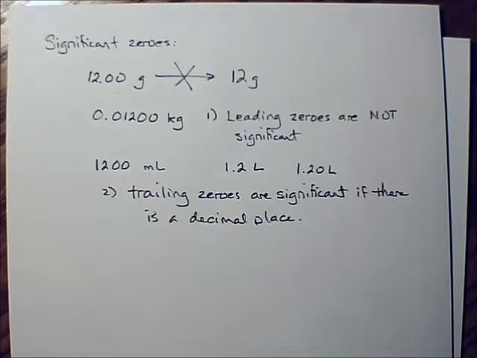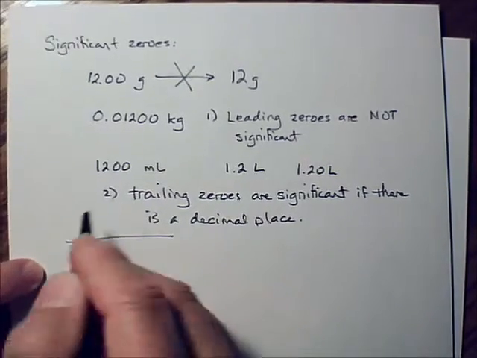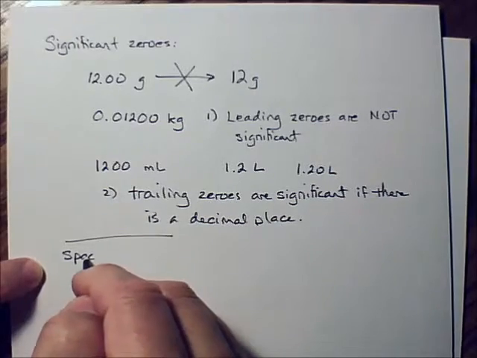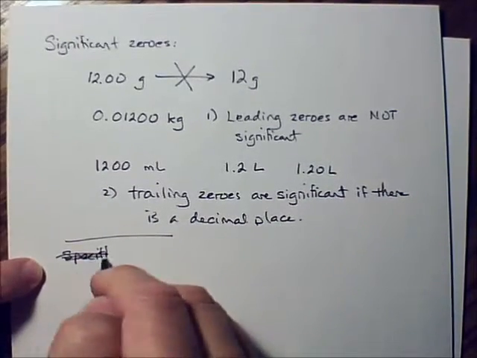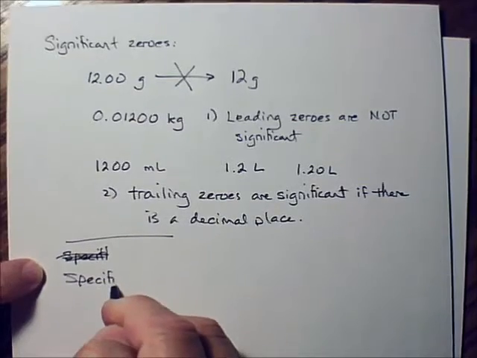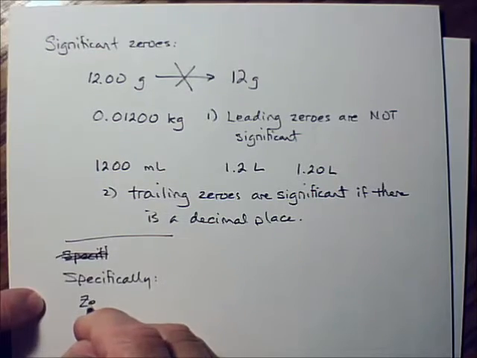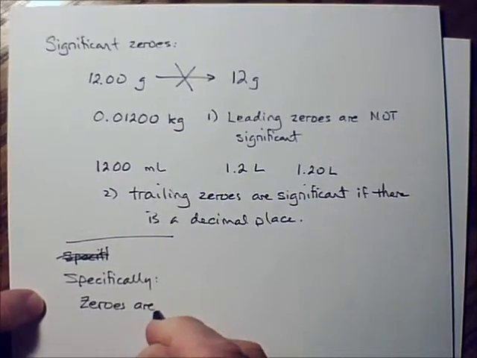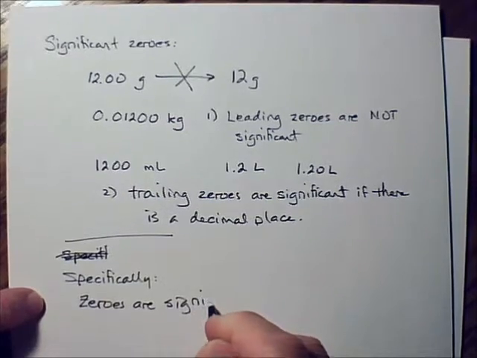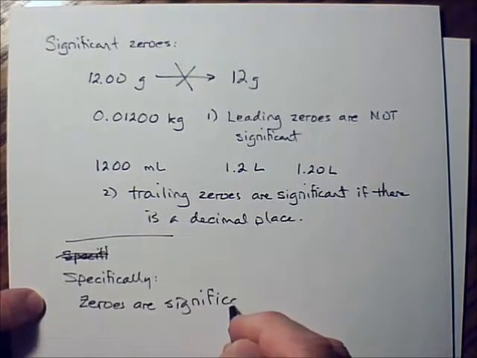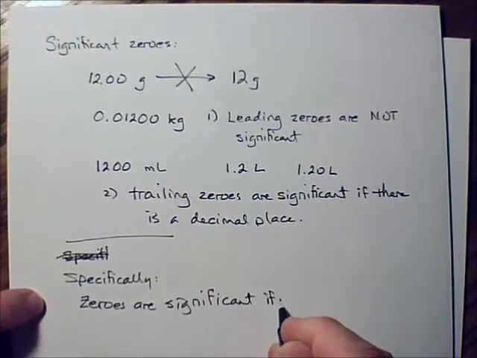Now that's kind of the thumbnail version of the significant zeros, but those aren't the specific rules. I'm going to give you the specific rules about significant zeros now. Oh, I can't seem to spell today. Here we go. I do that a lot, by the way. Specifically, zeros are significant if